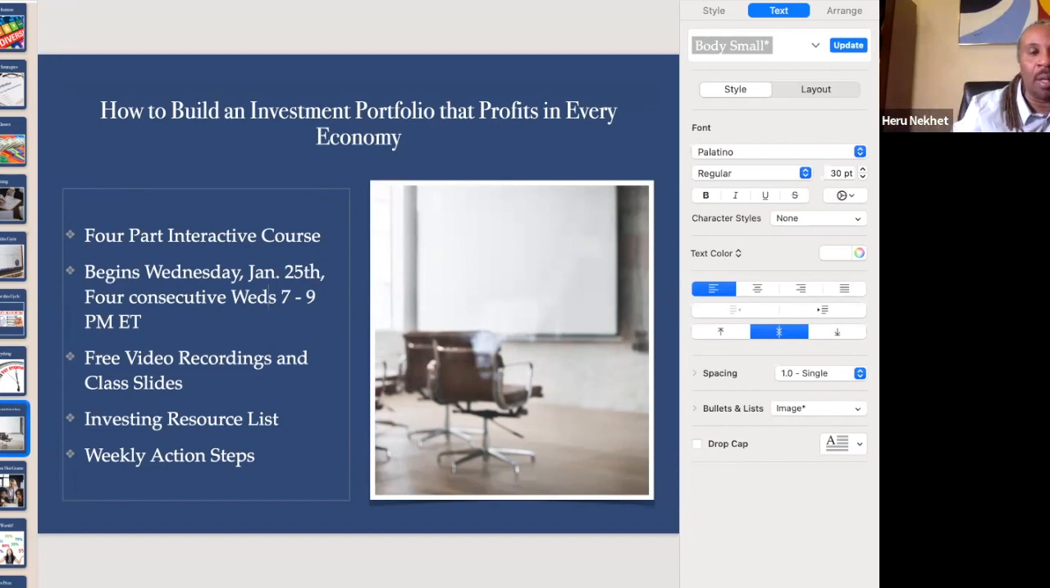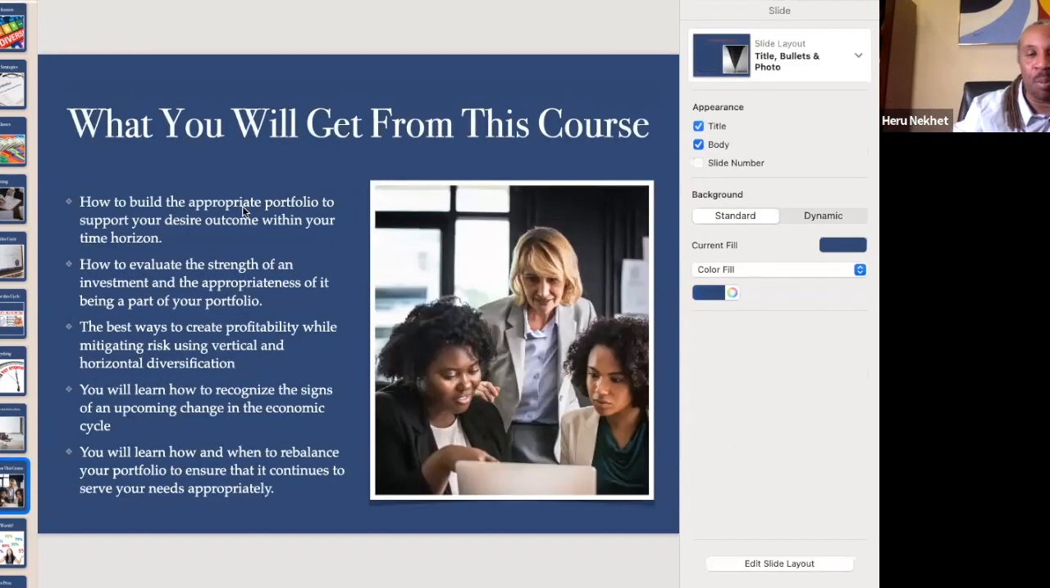So again, what we're going to cover: how to build the appropriate portfolio to support your particular desired outcomes within a certain time horizon, how to evaluate the strength of a particular investment and the appropriateness of it being in the portfolio at that time, how to mitigate the risk using vertical and horizontal diversification, how to recognize the signs in the economy when it's about to change so you know that triggers your certain movements, and you'll learn exactly